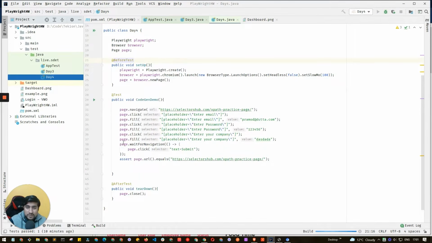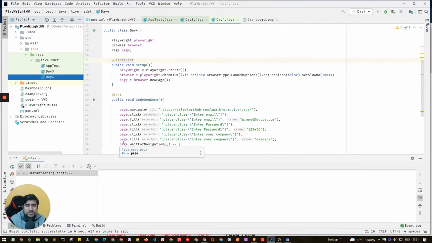Run it, and let's see if we are able to properly run this. I mean, you have to do certain kind of grooming to the script so that it is not failing. Other thing, extra fields you need to remove. Okay, so now let's run it and let's see if the code gen demo is working fine for us even in